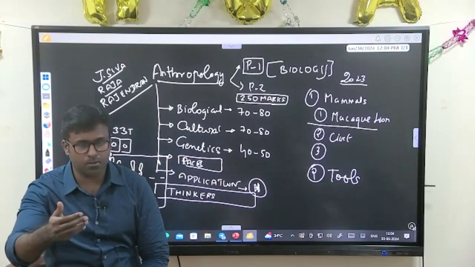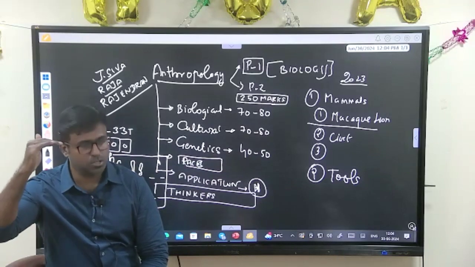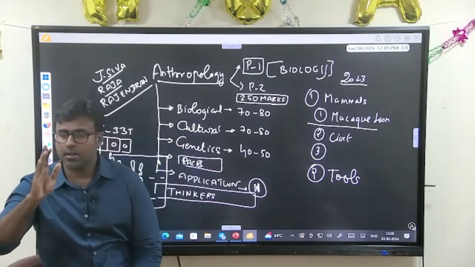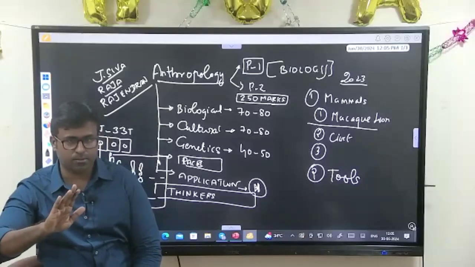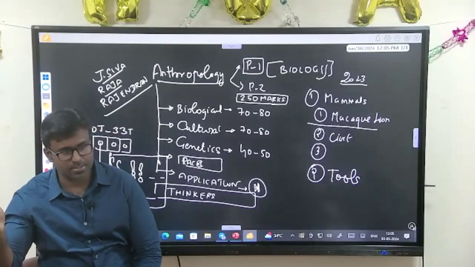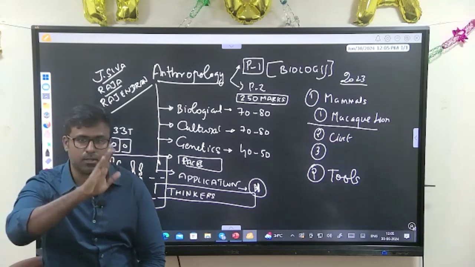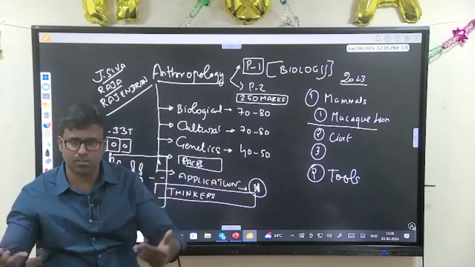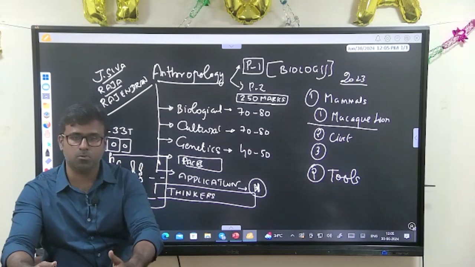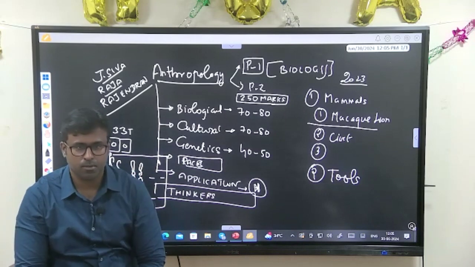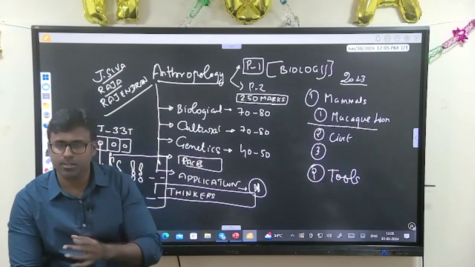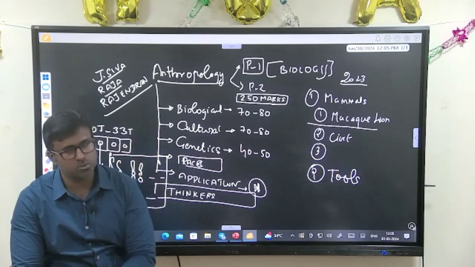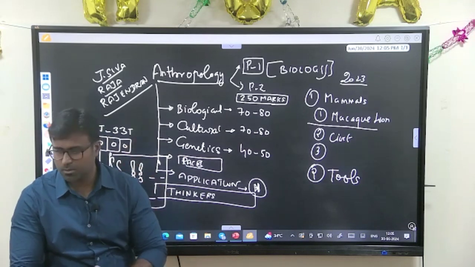That is, what is the meaning of scheduled caste, scheduled tribe? We should know the meaning, right? What is the meaning of an OBC? Whether in other religions OBCs are there, scheduled castes are there. What is the difference between OBCs in Hinduism and other religions? All this is second paper. It's a general discussion we will have, and once you start reading the newspaper, you will have a higher understanding of the second paper. The first paper is the most significant part. I'll start with biological anthropology, with how our evolution happened, the story of our evolution. Any other doubts which you may have?